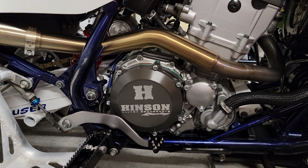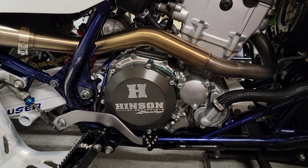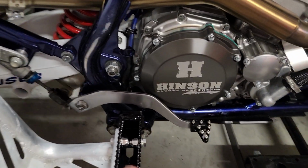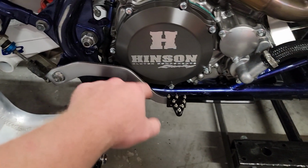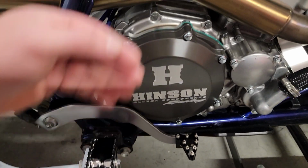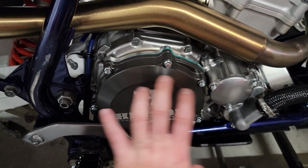You could probably use a Boyesen cover or any other cover, a Barnett cover, anything you want for a carb model YFZ. Just keep in mind that this cover was designed around the Hinson, so another cover might not give you enough clearance between the brake pedal and the cover. You might have to mod the brake lever a little bit. Basically all you do is send your stock cover into Bryan, and he cuts off the embossment where the factory clutch cover was,